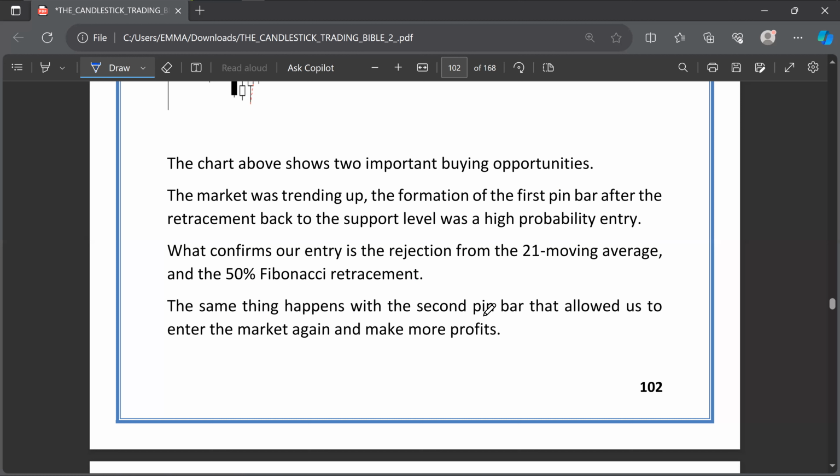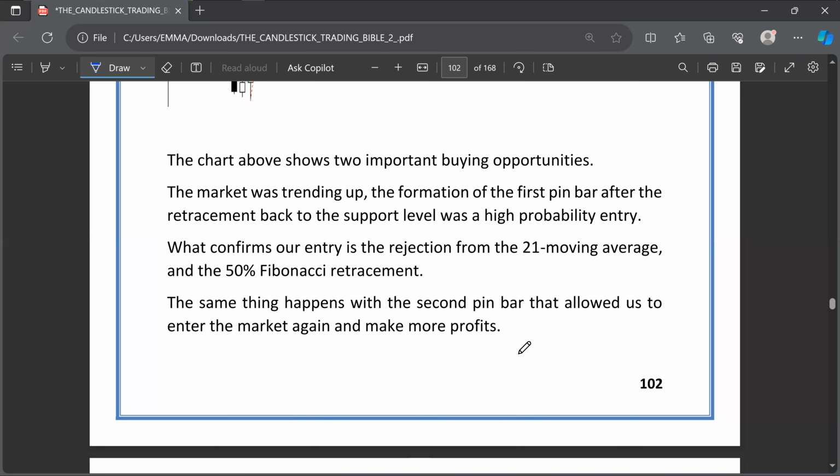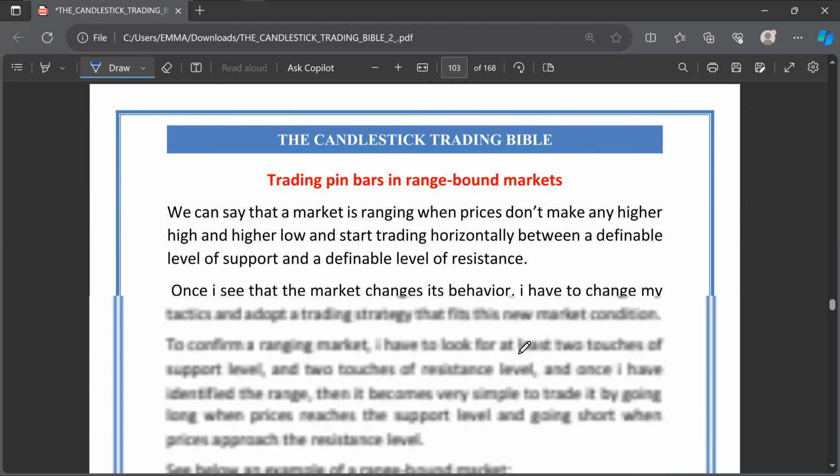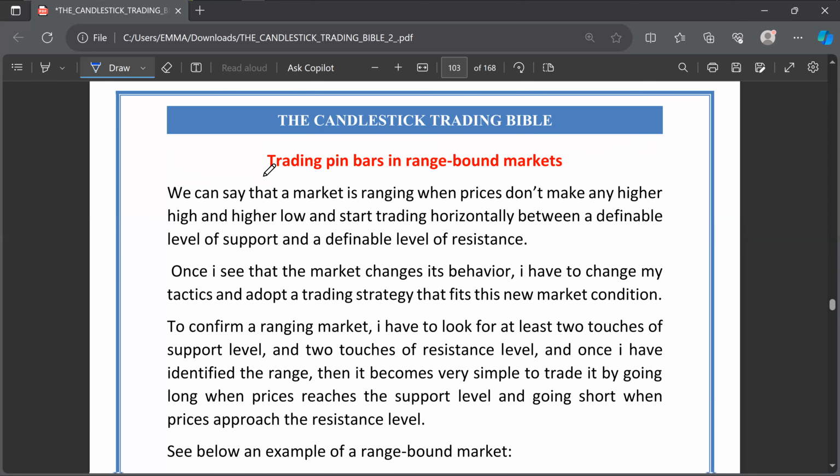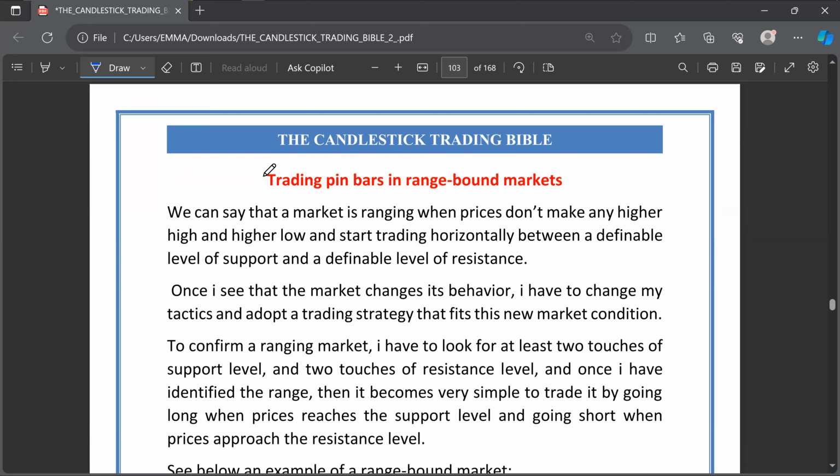The same thing happens with the second pin bar that allowed us to enter the market again and make more profits. This is very, very simple. Now, trading pin bars in range bands, so we will end here in this video